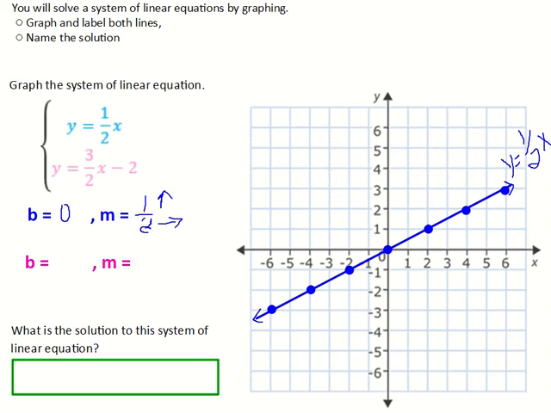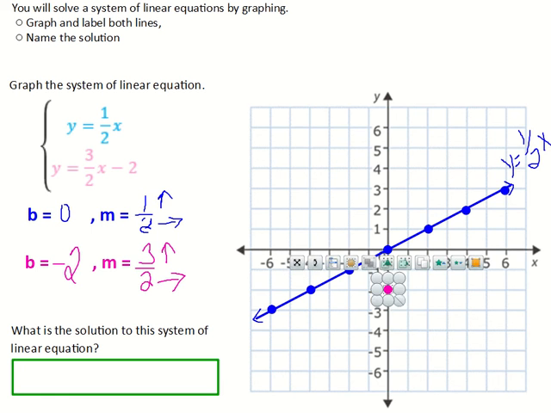So I'm going to again use my y equals mx plus b and identify my y-intercept and my slope. My y-intercept is the number by itself with no x. You have -2. And then my slope is 3/2. It's positive, so that means I'm going to move up 3 and right 2. So to begin graphing this line, I'm going to plot a point at -2